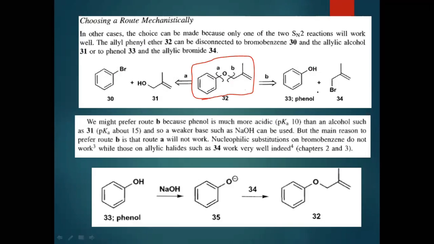Path B will lead to the formation of two synthetic equivalents or reagents. Path B will result in phenol as one of the reagents and 34, that is allylic bromide. Allylic bromide and phenol. Suppose you are following path A, then path A will result in bromobenzene 30, this is the bromobenzene structure, then allylic alcohol 31. So if you follow path A, you will get allylic alcohol and bromobenzene. Instead of following path A, if you follow path B, then phenol and allylic bromide. But you have these